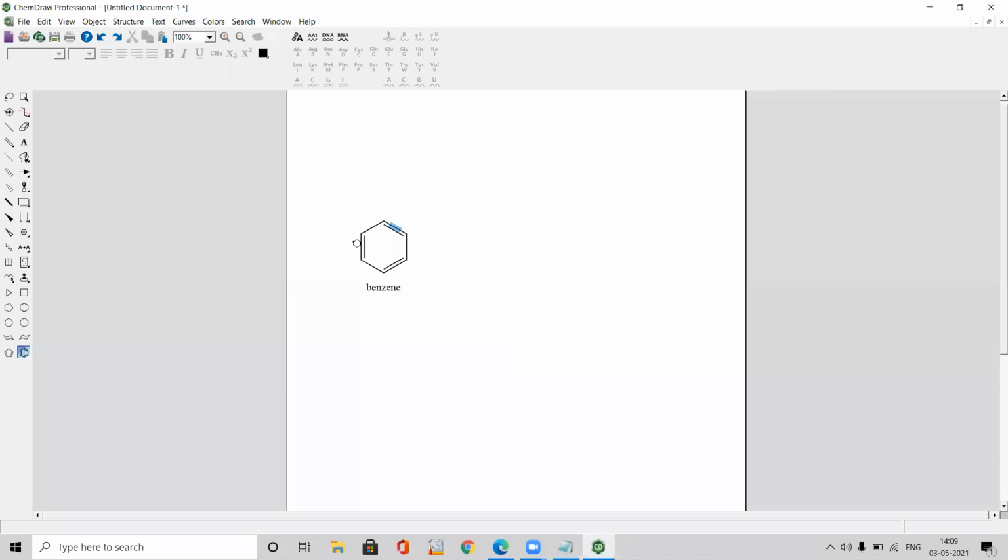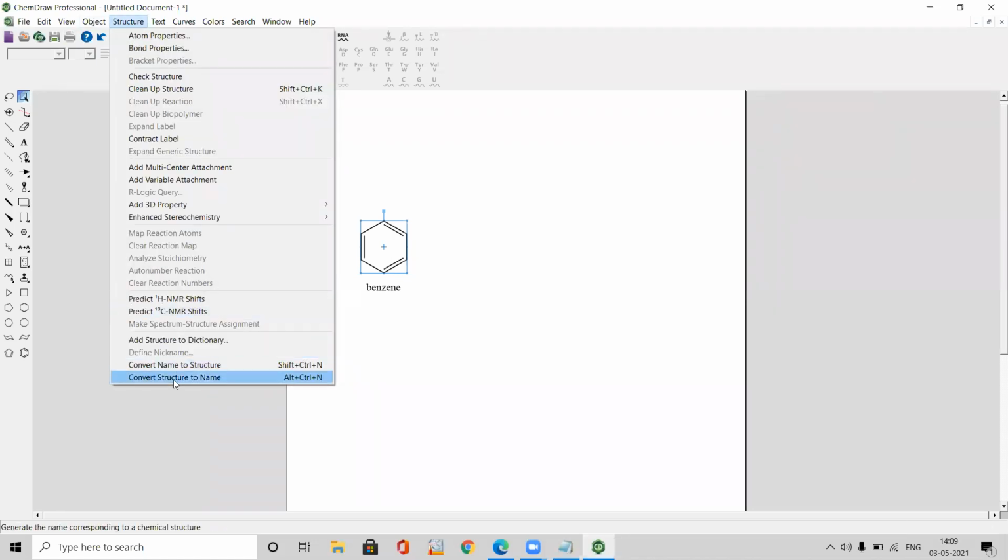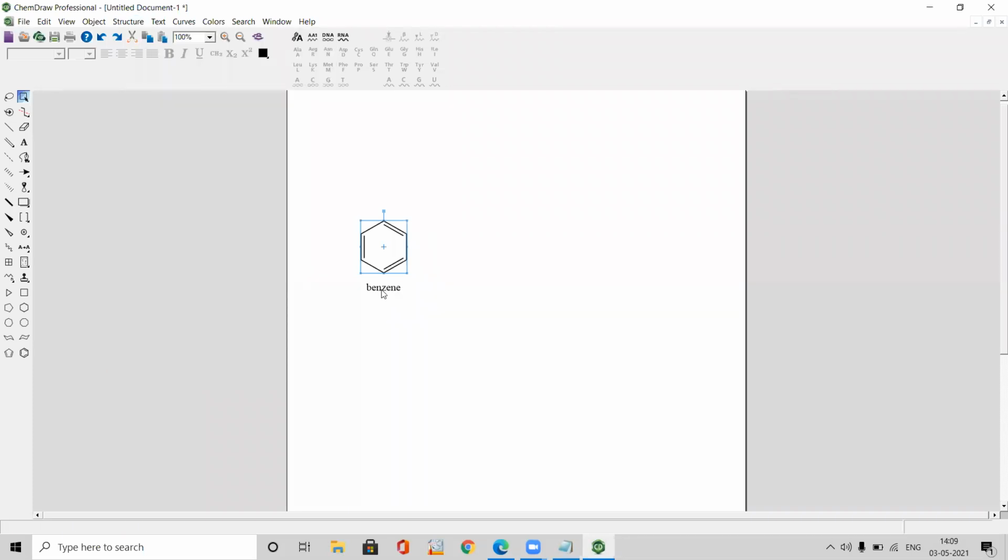Then if you want to know the name of that chemical structure, you press Ctrl A, or you can click and drag the portion of the structure, and go to structure. At last you will have convert structure to name. There is a shortcut also, Ctrl Alt N. If you press it on the keyboard, automatically the name will be provided on the screen.